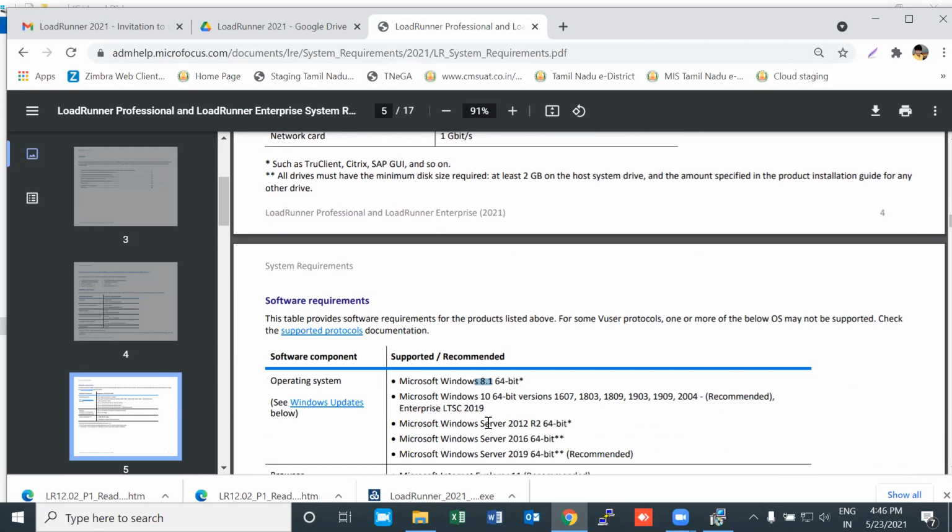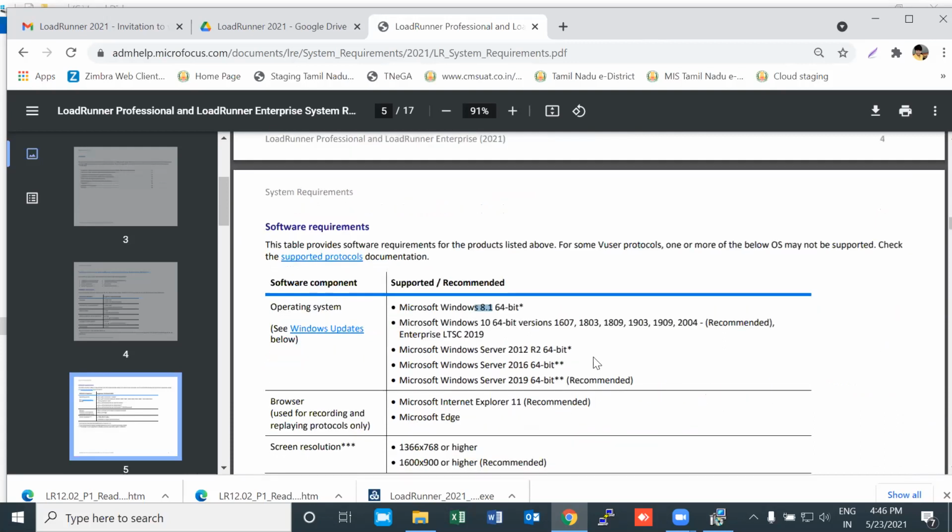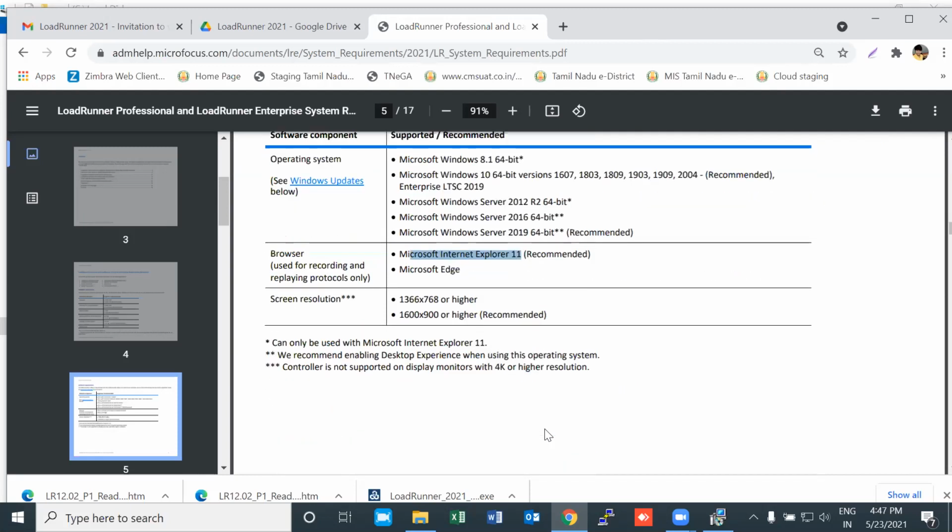So Windows 8, Windows 10, and Windows Server 2012, 16, 19, and so on. This is the software requirement for 2021. You should have Internet Explorer 11 or Edge, and a screen resolution of 1368 by 768 or higher. 1600 by 1900 or higher is recommended.